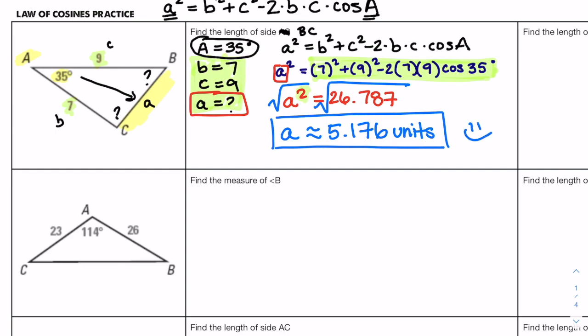Yay. Okay, so that wasn't too bad. Solving for a missing side is pretty straightforward, not too complicated. But finding a missing angle can be a little bit more crazy. So let's see. Now we're going to go